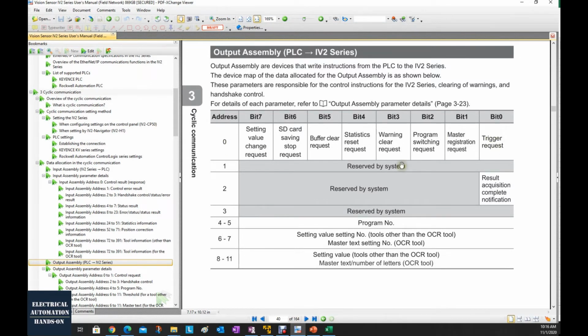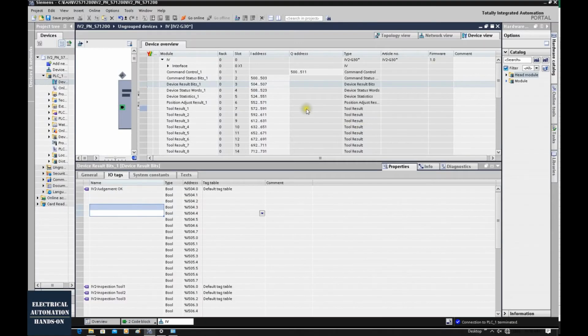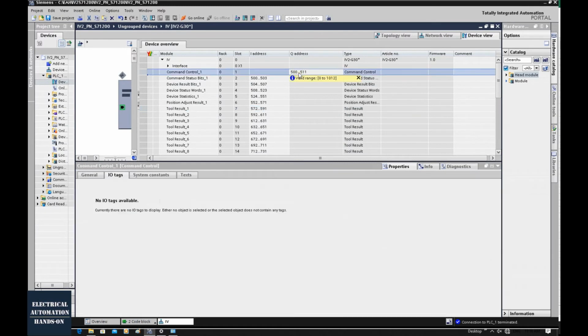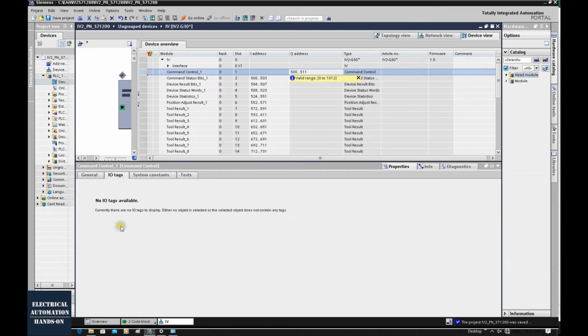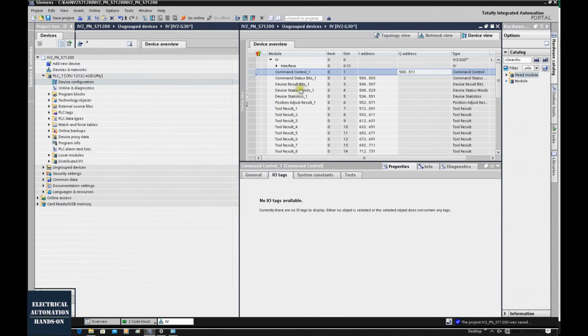That starts from 0 and bit 0. So in our case, our output, that is a Q output, starts from 500. So byte 0 is the trigger request. The output here doesn't allow us to assign the tags here. It doesn't matter, so we can go to the tag list and assign that